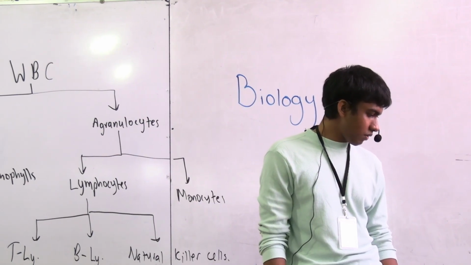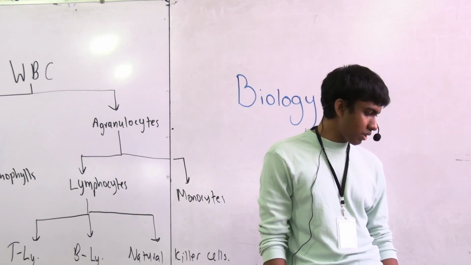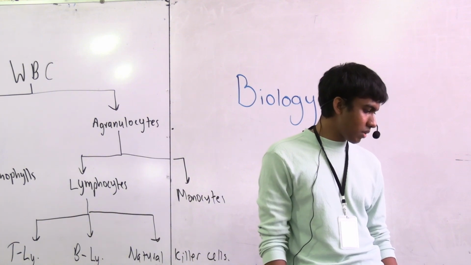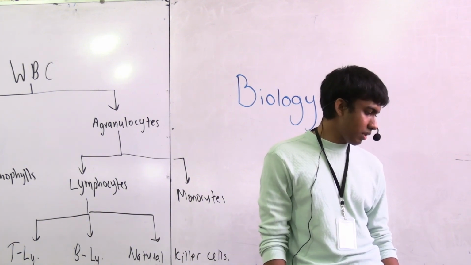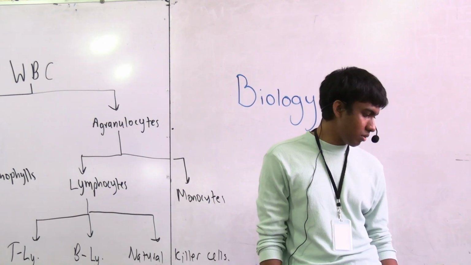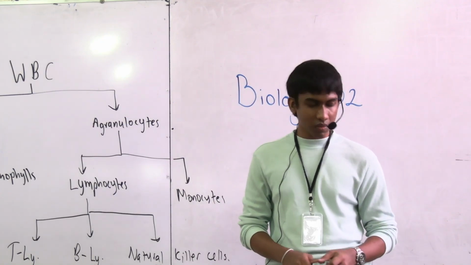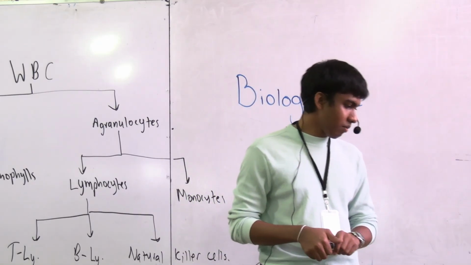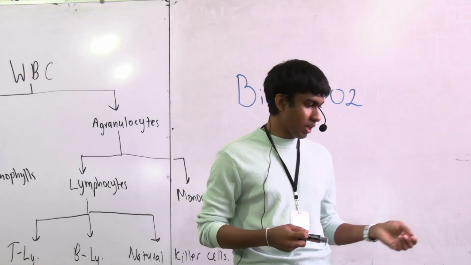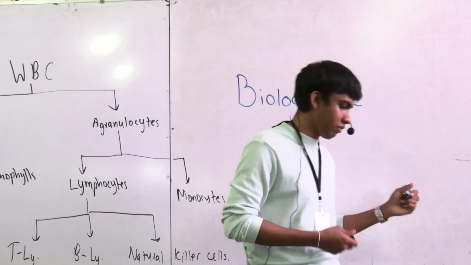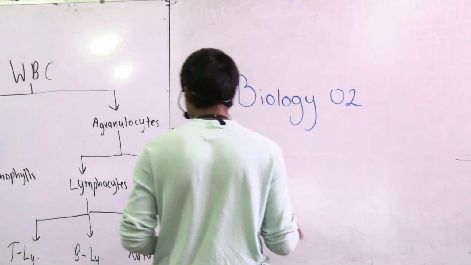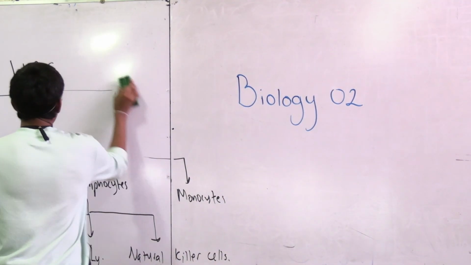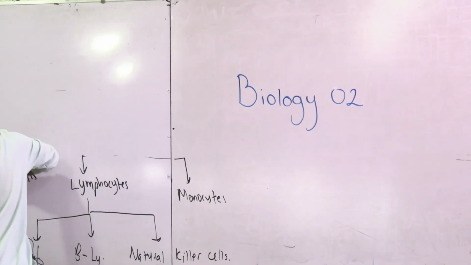Next you have: which of the following end products of digestion is not absorbed by the blood capillaries of the villi in the small intestine in humans? Now amino acids are absorbed by the blood capillaries in the small intestine, right? Now if we take a cross section of the small intestine,